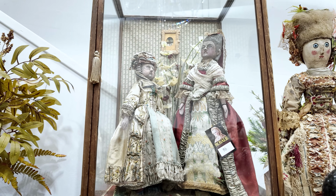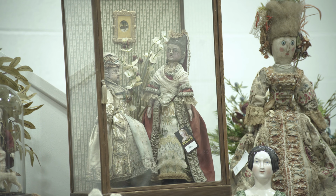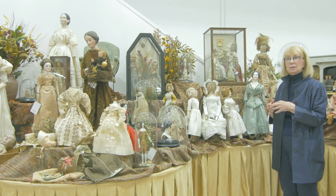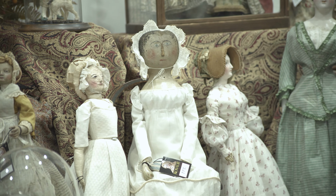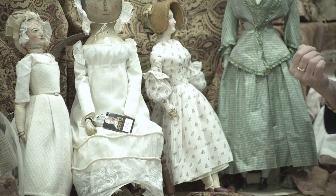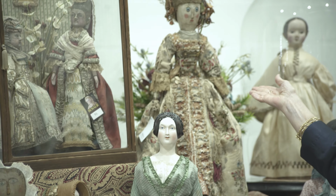So while we're staying with that, this concept of doing a doll that represented royalty kind of moved into England again. We've kind of come full circle back to England. And in the 1930s, there was a very famous British play called The School for Scandal. And The School for Scandal mocked a lot of the early royalties. And a series of dolls came out. They're really rare. You very seldom find them. They're known as the School for Scandal dolls. And they were made to represent the various